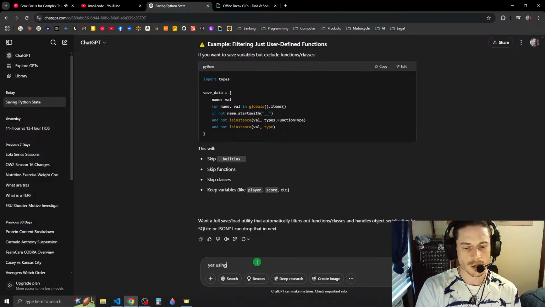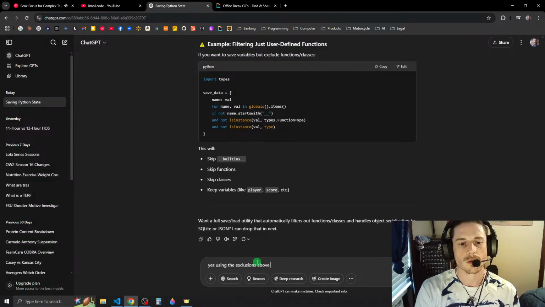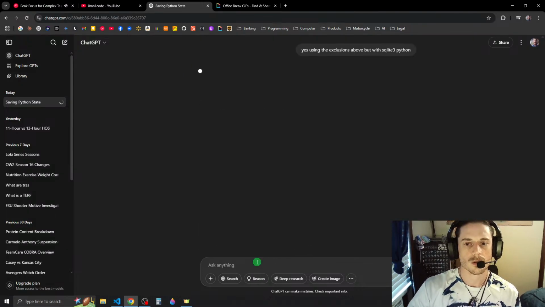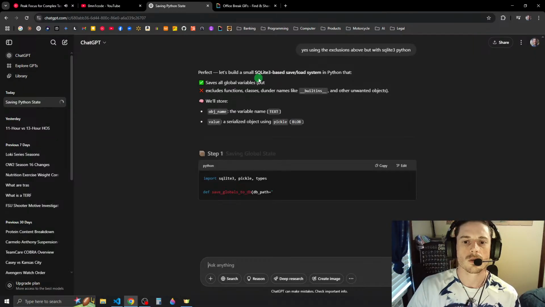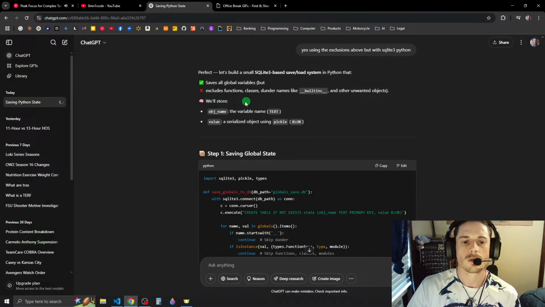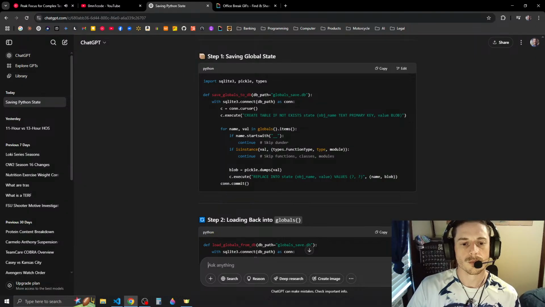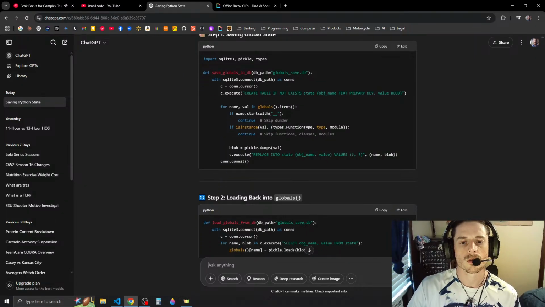Yes, using the exclusions above, but with SQLite3 in Python. Yeah, see, this is what it's doing right here.